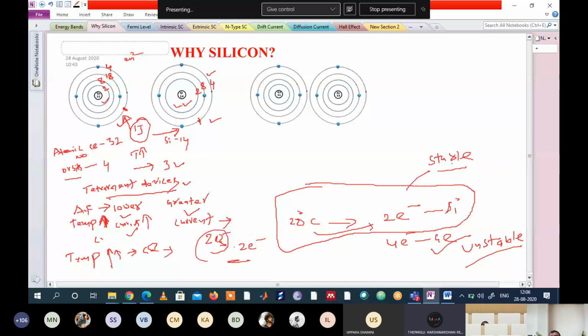Did you prefer that type of bike? No. Because if you race slowly, the motorbike moves in a very fast manner, it is said to be unstable. It is not stable. So you will not be preferring that type of bike, isn't it? So unstable systems are not preferred in electronics and also in nature.